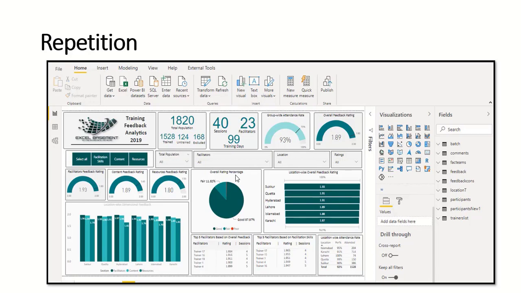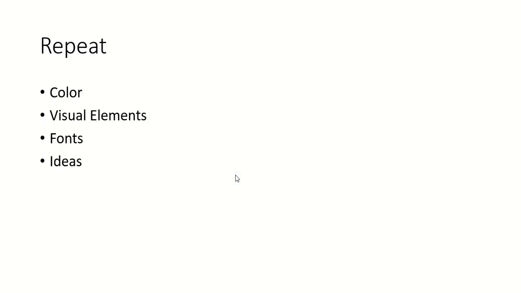In the CRAP rule, R stands for repetition. Here you can see a dashboard which is created in Power BI. It's related to training feedback analytics. And you can see a repetition of colors, repetition of fonts, repetition of ideas or visuals. Repetition is also important because if you don't repeat the ideas, visuals, colors, or the fonts, it will be very fancy and it will be of no more use, and the audience or the user will not be focused on the dashboard. So it's very important to repeat some of the objects like color, visual elements, fonts, and